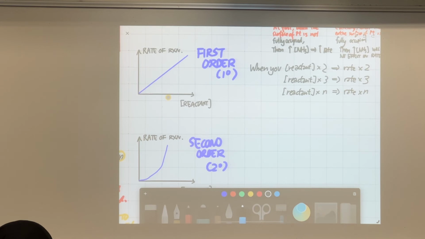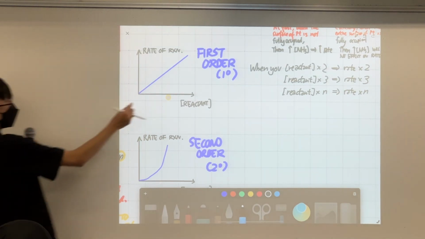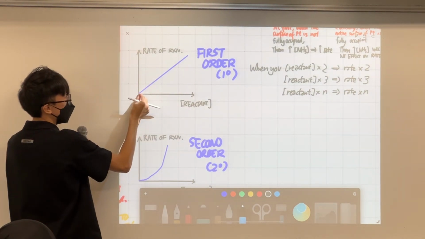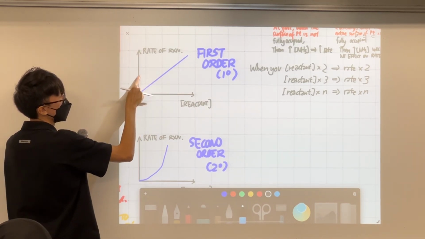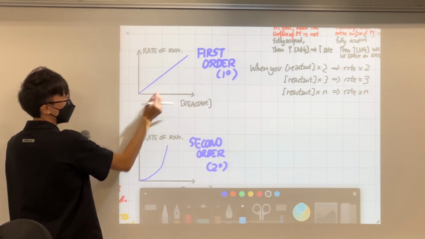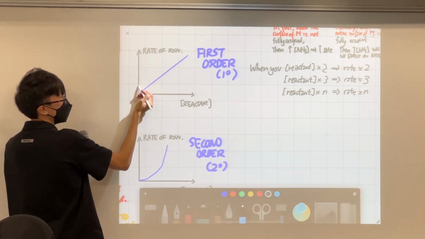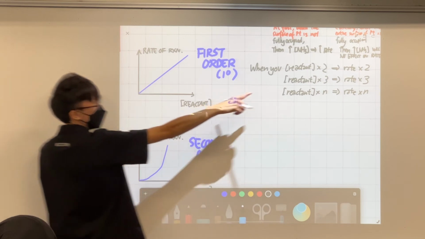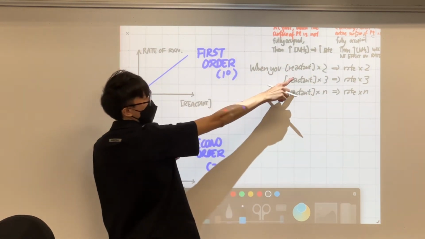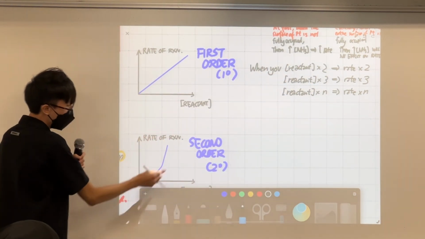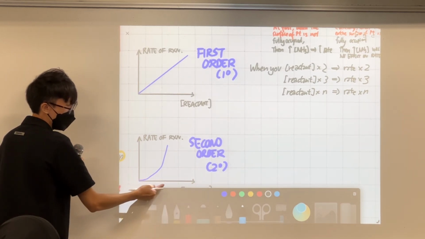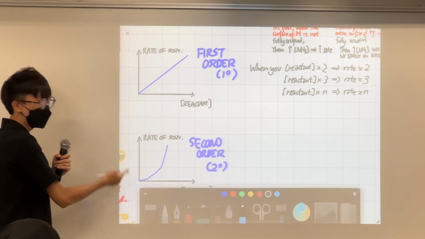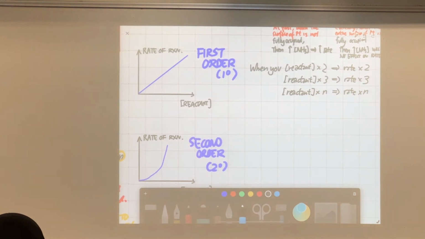So when you double the concentration of reactant, let's say I drag the value of reactant from this point to this point. If this means doubling, you see the rate changing by the same amount. So when this x value increases from here to there, the y value will increase by the same amount. Okay? So this is what we mean by first order. Second order is different. When you change reactant concentration, let's say you double it, you don't just get a doubling of rate, you get a quadrupling of rate. So let me put this in here.